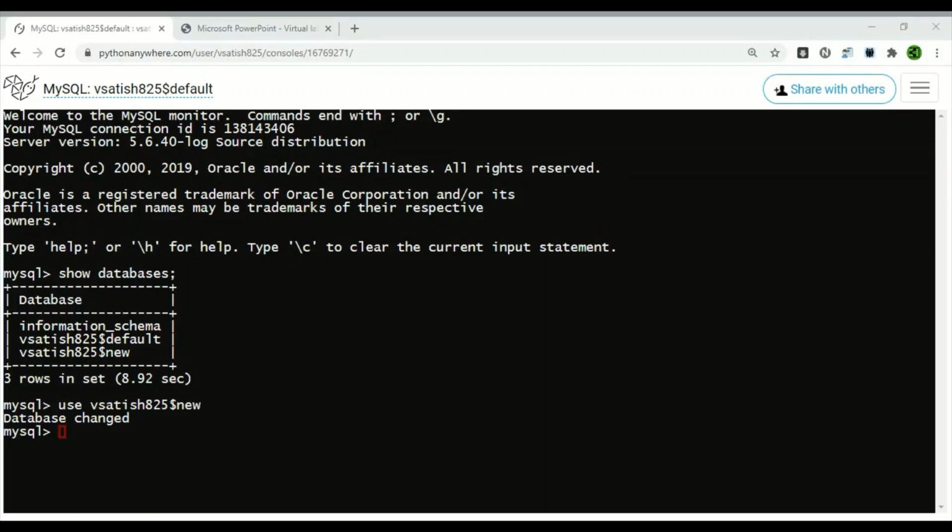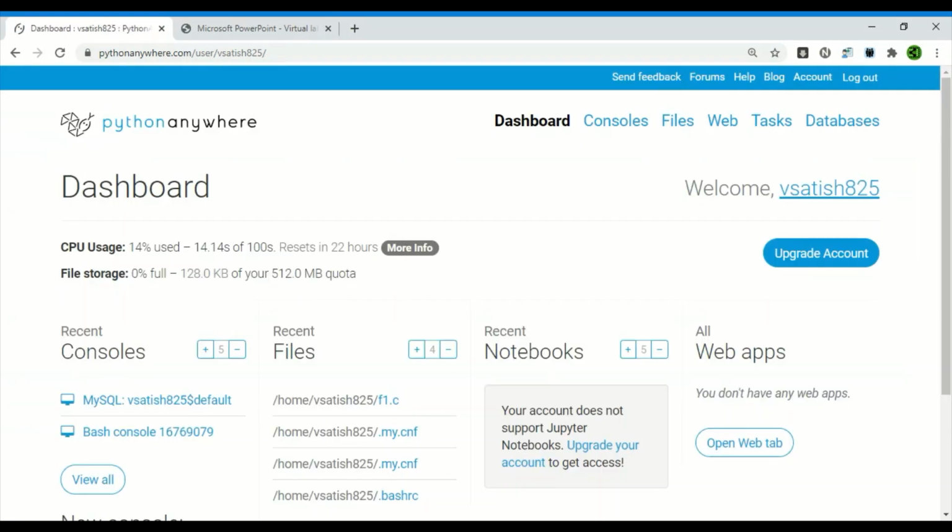Once you complete all your experiments, go back to the dashboard, and all consoles that you have opened and all files you have opened will be persistent. You can log out from your session and come back and just log in to your session. All these things will be persisted.